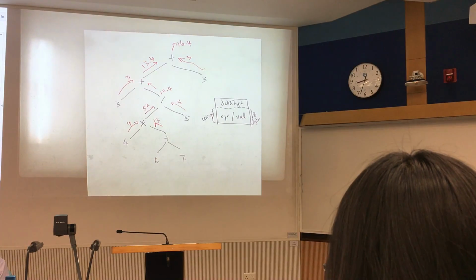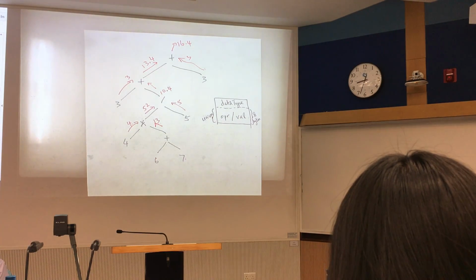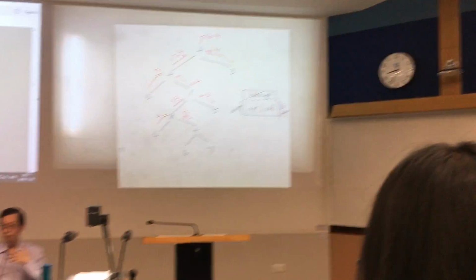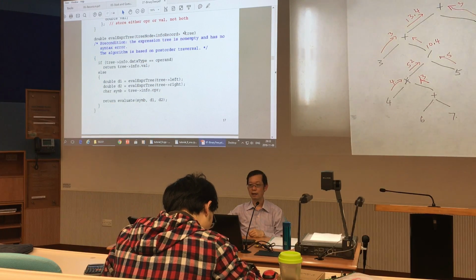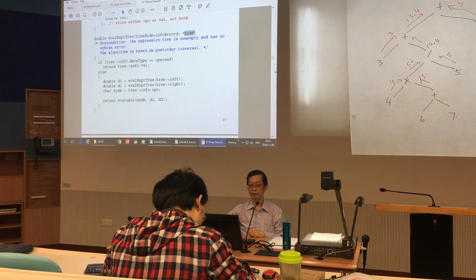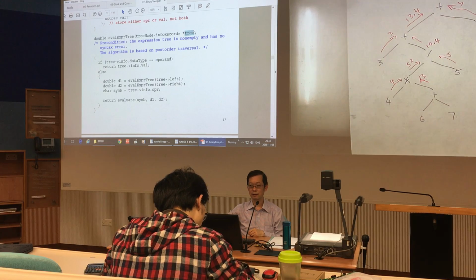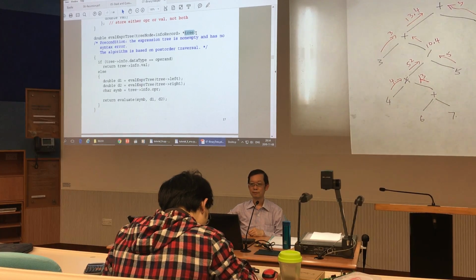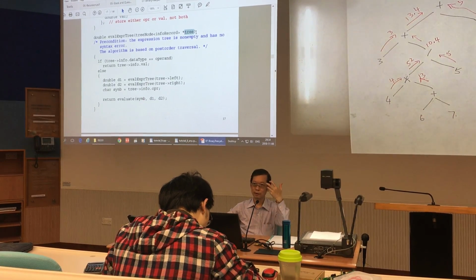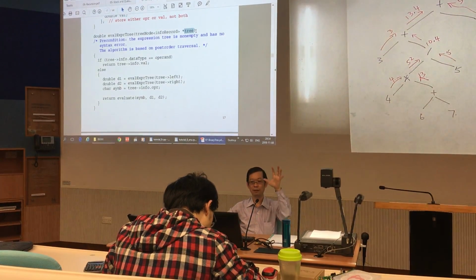Now to perform the evaluation, okay, the algorithm is based on post-order traversal. Now you are receiving a pointer to a node. Okay. Now when you evaluate an expression, then the precondition of this